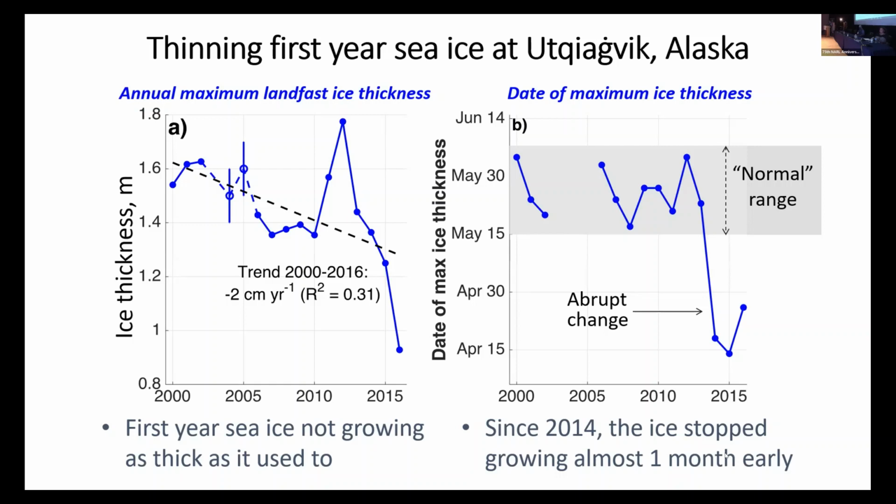What we think causes that change is that ice is now starting to melt from below much earlier than it used to. Warm water is making its way underneath the landfast ice at a much earlier time of year than it used to. I think there's still a lot of work to work out exactly what the path